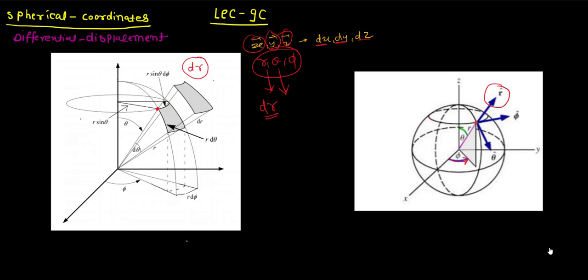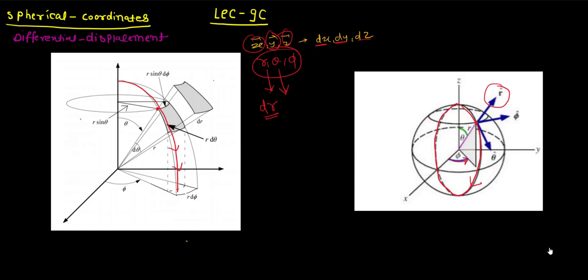Let me remove this. Now let's say we are moving in the direction of theta. What is the direction of theta? As I said, when you move in the direction of theta, you will be tracing this vertical circle. As I discussed in this picture, you will be moving in the direction of theta and tracing this vertical circle. So here also you will be tracing this circle. I have shown only part of the sphere, not the complete sphere, but just imagine it is a whole 3D sphere.